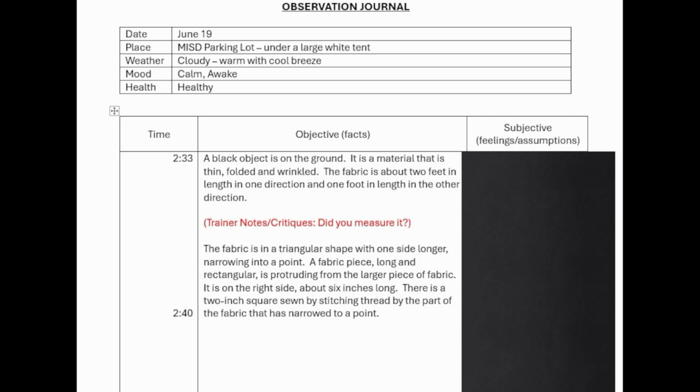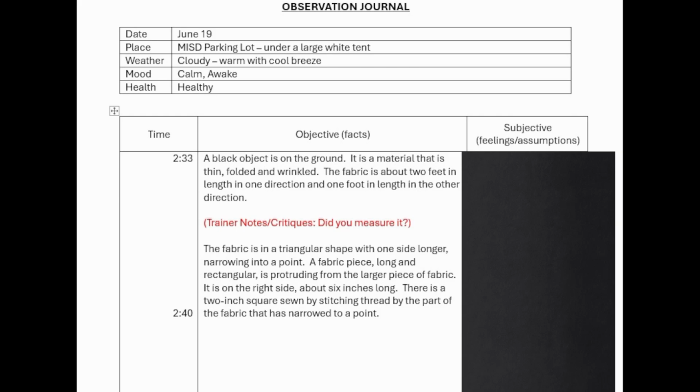And right here, I'm going to pause. Because of the critique I got from my trainer on this one. My trainer looked at my observation journal and wrote this criticism of me: Did you measure it? She felt that was more of a subjective comment, and that should have been moved to the subjective column. And then I go on to write, the fabric is in a triangular shape with one side longer,